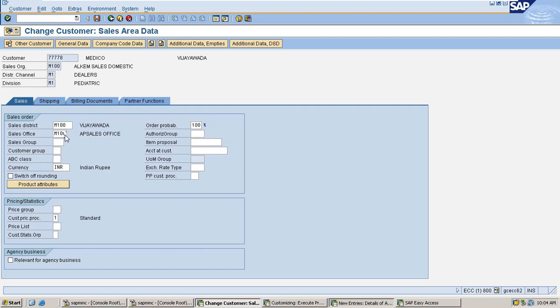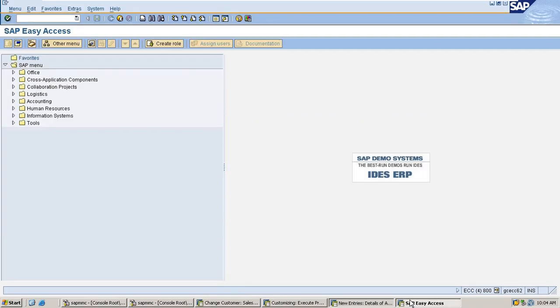If the management is asking for sales reports below the sales office level, then we have to define the sales district. Let me show you the path where we can define the sales district.